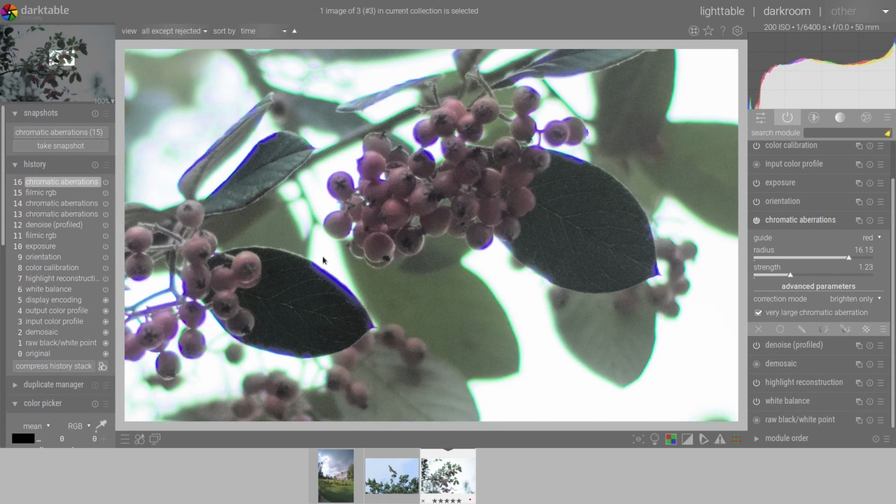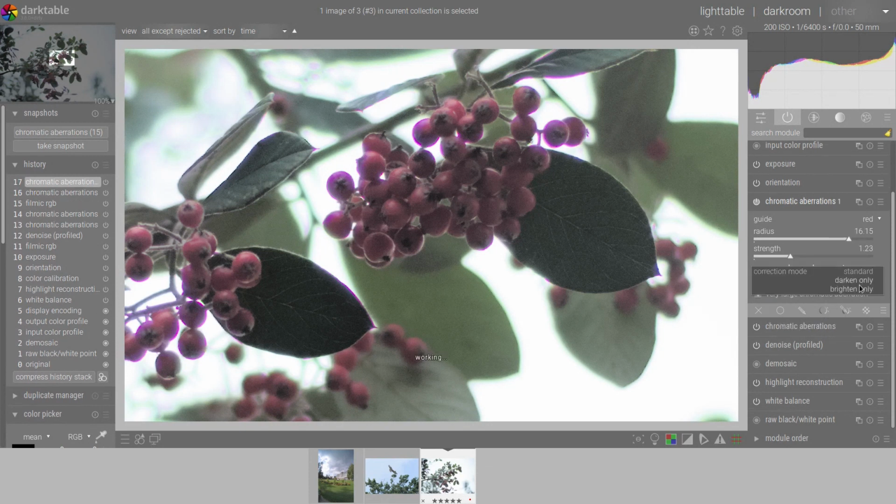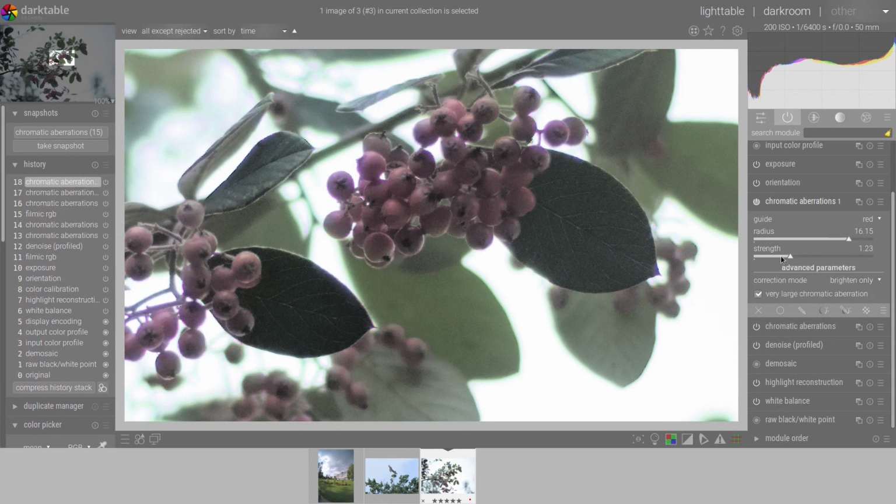And we can see that with brighten only, we will let the blue fringe like this, and we'll correct the others. So actually, if you want, you can use an instance in darken only, and an instance in brighten only after that, to try to get a better result.